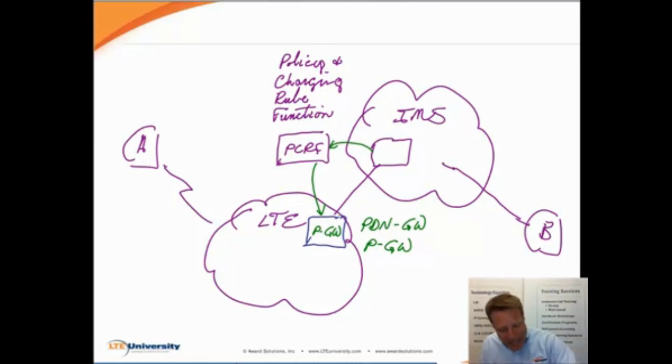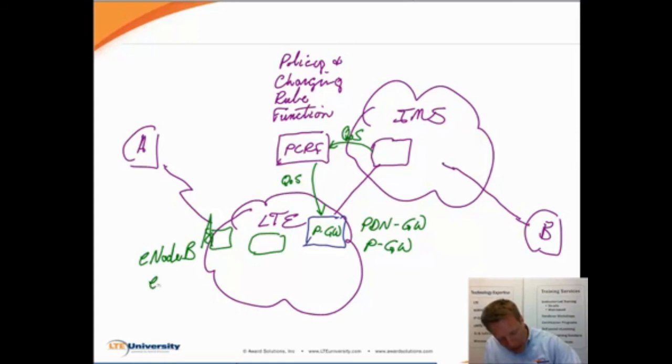So this PCRF communicates the QoS requirements in a format the P gateway knows how to understand. So it perhaps does a bit of translation in there and communicates this to the P gateway. Then the P gateway takes it, and there are other nodes in the network. Here we've got an LTE base station. You may have heard the term eNode B or ENB. That's what we call the LTE base station. And so the P gateway communicates to these other nodes.